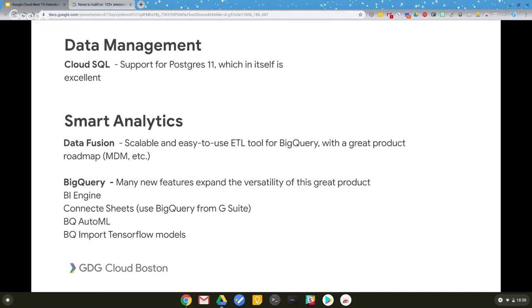Last year you could only use JavaScript, but now it's Python, Go, Java, a lot of stuff. Did you want to mention some of these? Yeah, I should have merged my data management point with your earlier one, but for me, the enhancements to Cloud SQL are very significant. And Postgres 11 has now been added as an open source